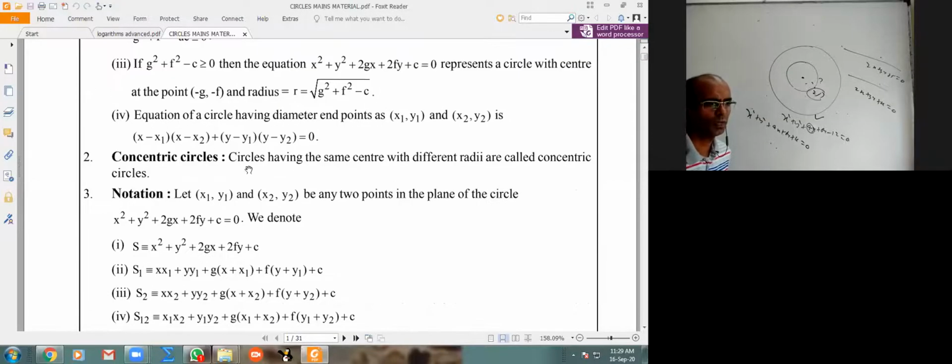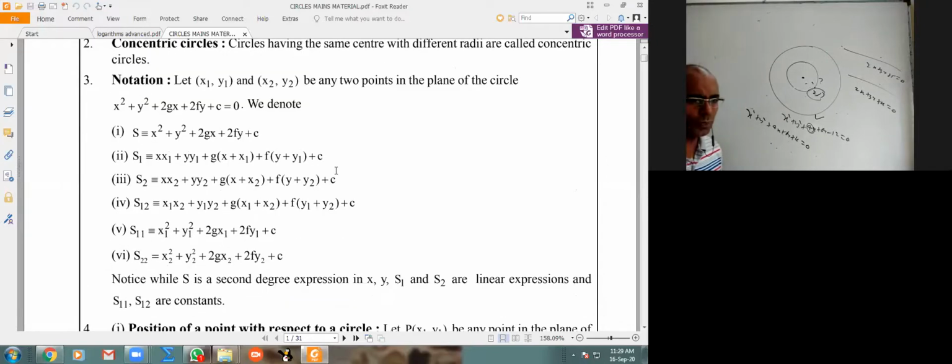Okay, that is the second point for concentric circles. Next, this third point, as we have discussed, we are going to learn about a notation. That notation doesn't have any meaning by itself, but we are learning it. The purpose of this notation is mainly to remember the formulas easily. Without this notation, there are lengthy formulas. Just by the language of maths, there is a simple way to write them and easily remember them. Okay, so I'll explain what this notation is.